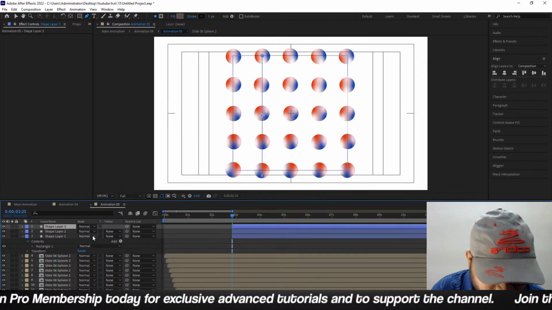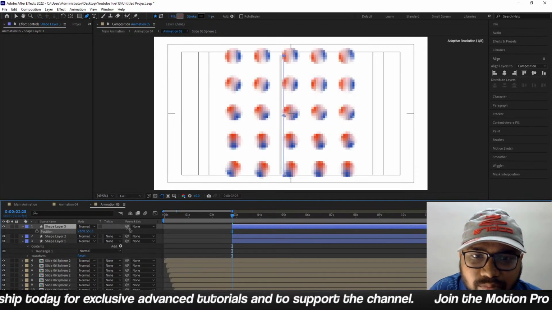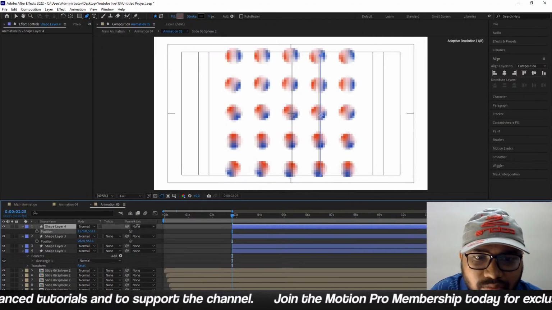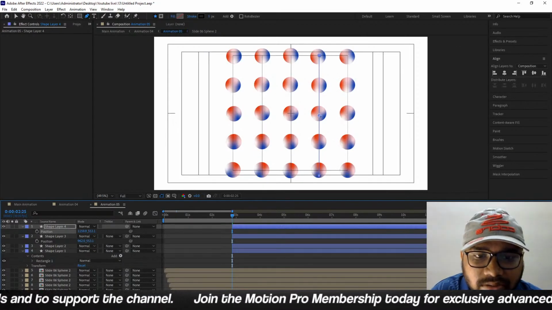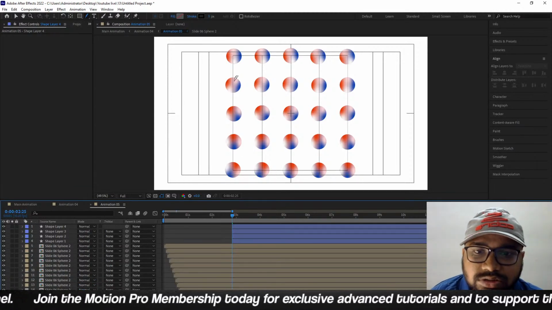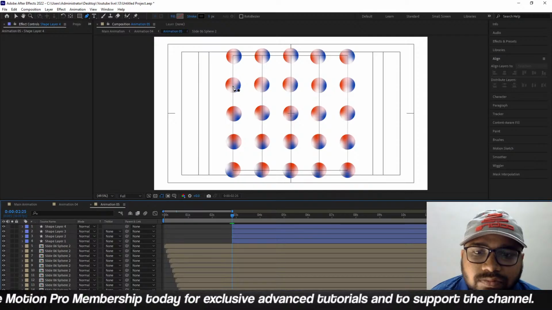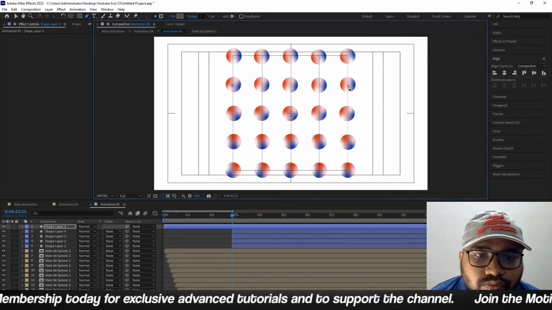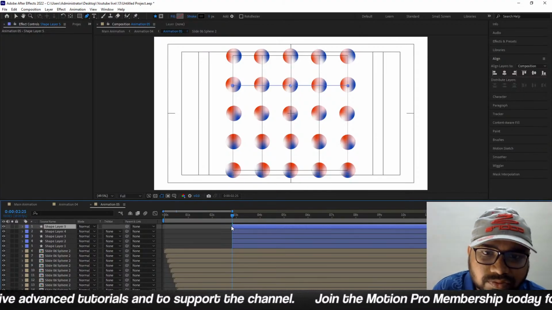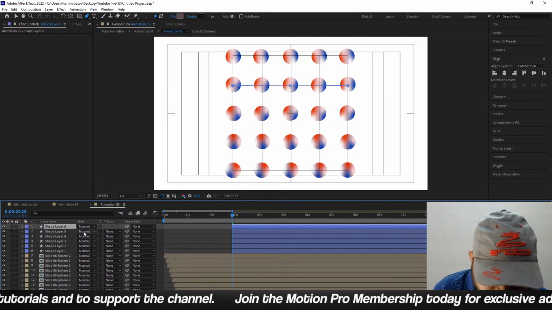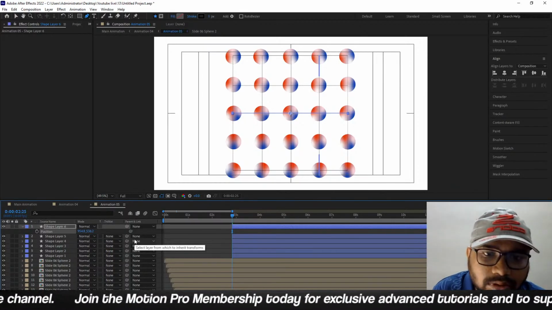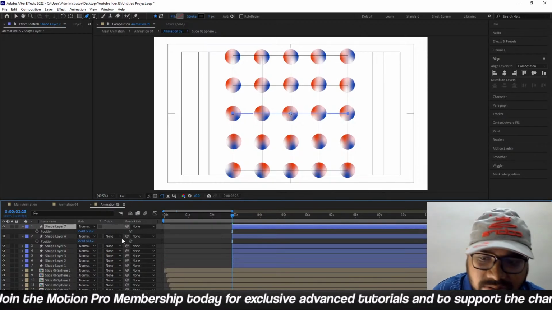Then hit Ctrl D, press P for position. Try to bring this line over here. Again hit Ctrl D, press P. Let's try to bring this line over here like that. Then hit U, press G. From this portion to this portion, select this and press Ctrl Alt Home. With the help of open square bracket, move this over here. Hit Ctrl D, press P, and try to bring this portion from this up to this downward. Hit Ctrl D, press P, try to bring